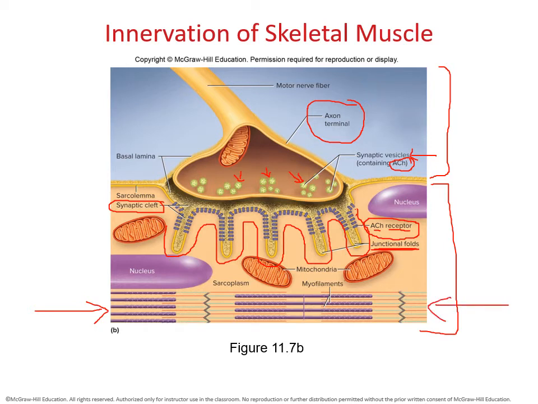Those are our good old myofilaments that we discussed in part 1. Those are your thin filaments, your thick filaments, your Z disc, your sarcomere, the contractile unit of the muscle. So what we're trying to do is get those myofilaments to interact with each other so we can get the muscle to contract. But in order to do so, the message has to come from an axon. That's why your neuromuscular junction is so important, because it's going to allow you to establish a connection point between the axon and the muscle.